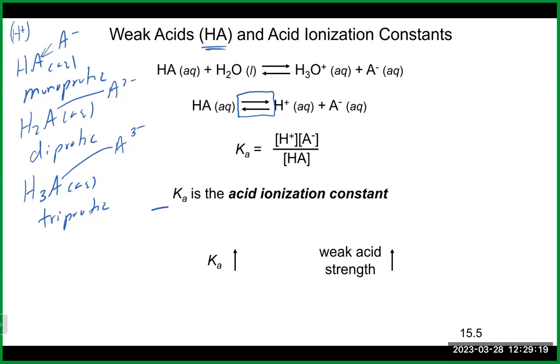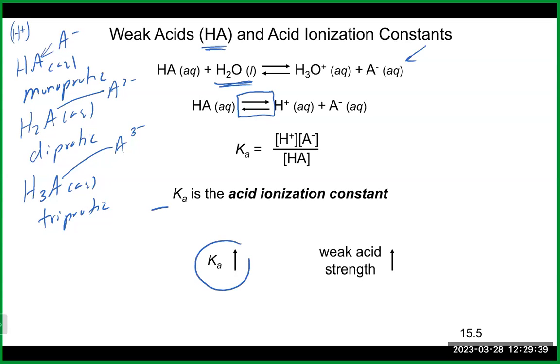And once again, we would not include water in it. So if you were writing it based off of the top equation, like normal, you would not put the water in there, which is a liquid, and it would basically just be our products over our HA there. The Ka is,